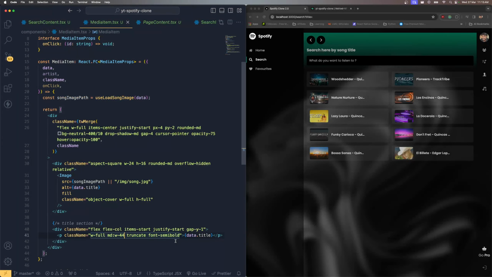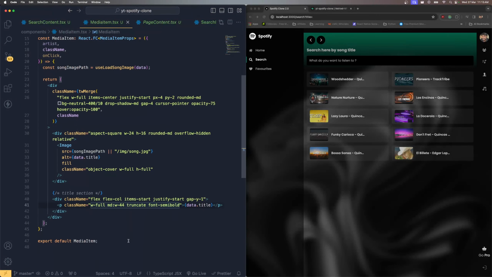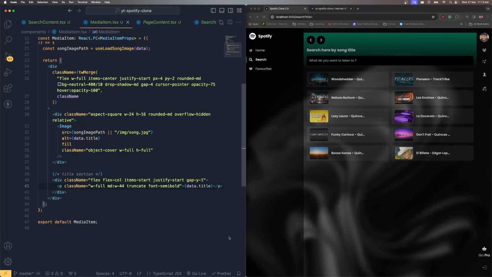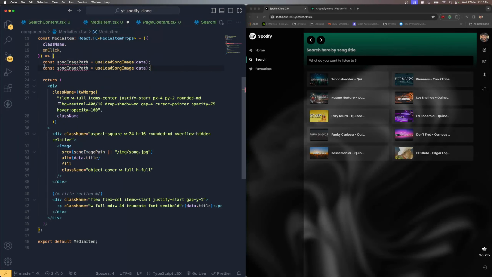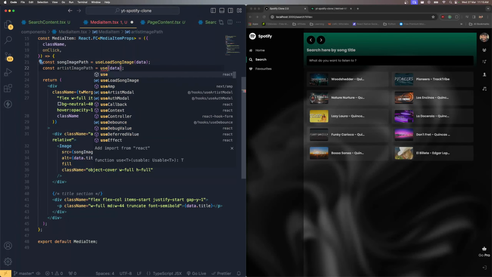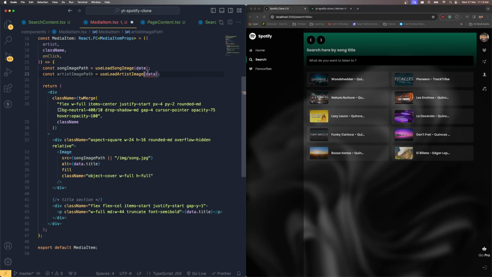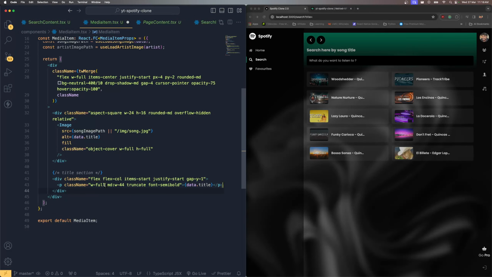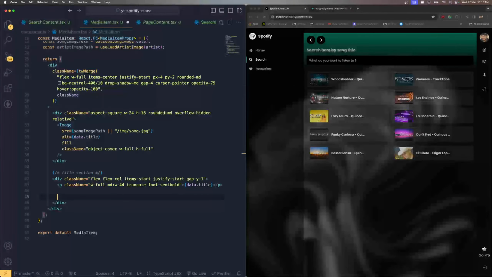So then what I need to do is display the artist details. In order to display the artist image, of course, just the same way, I need to use the custom hook to get the artist. So what I'm going to do is change this to artist, and here I'm just going to say use artist. Use load artist image and supply the artist data. Right, so now that should give you the artist public image URL, and right after here, what I'm going to do is I need to make sure